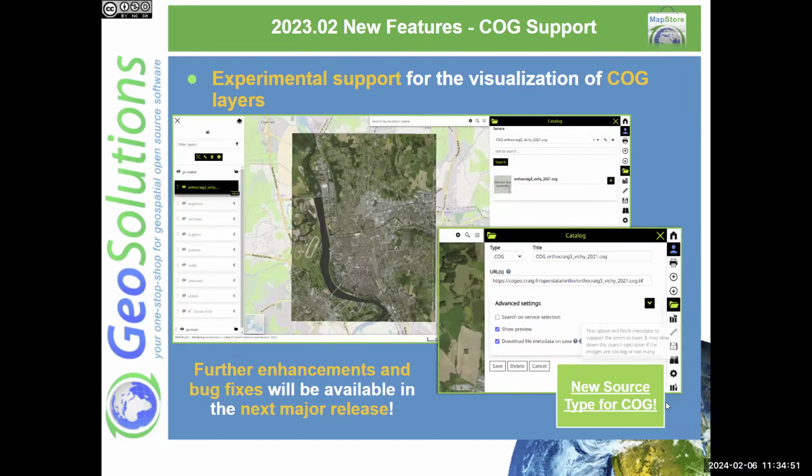A new support related to the catalog. It's a new source type, COG type for GeoTIFF data. So this is experimental. There is an ongoing work to improve this part. Right now, it's possible to enable it from the catalog and add your